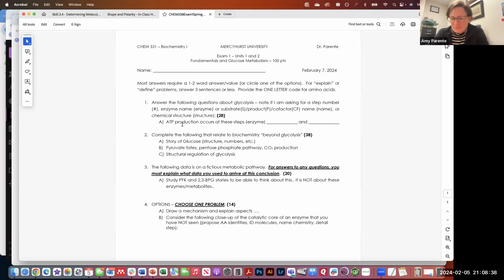Just for clarification, that first one, you can hear me, right? Yep. Okay, cool. That first one for ATP production occurs at these steps. You want the step number and the enzyme in that step? So this one, I'm